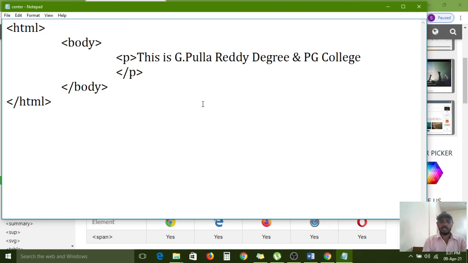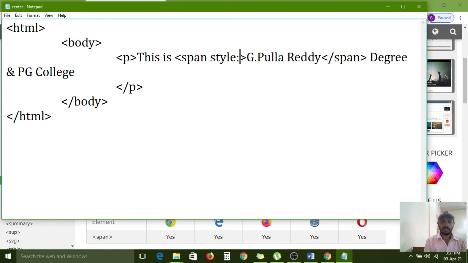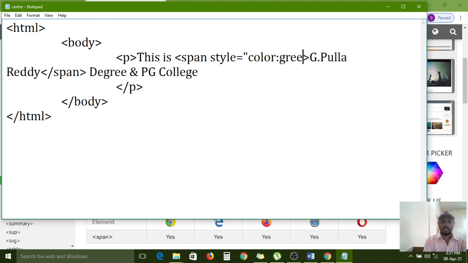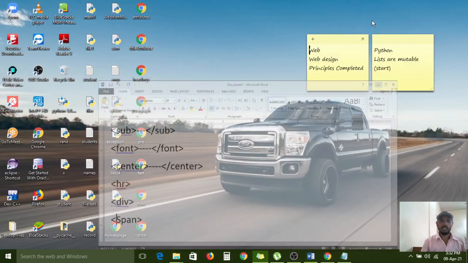So for Pullareddy I am applying span. Here I am using the style attribute equal to color green. Red is very visible for you. Green is also visible, but it is different from there to there. Now understand, this is the use of the span tag.